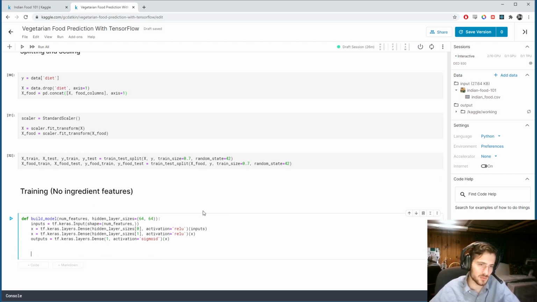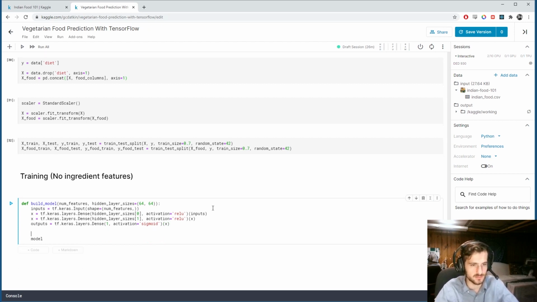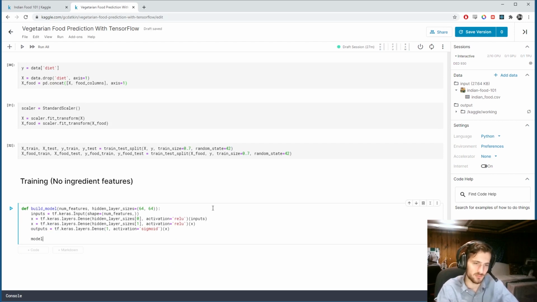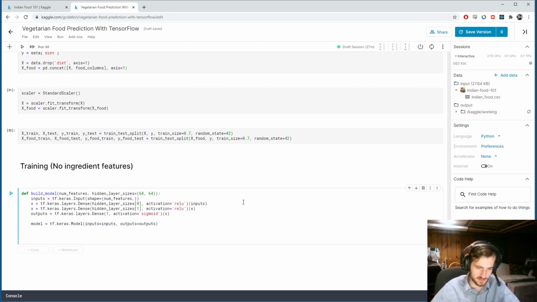Alright, then we'll compile the model. So I'll actually make the model first. Model equals tf.keras.Model, using the input layer as the inputs, and the output layer as the outputs. Okay, then we'll compile our model, model.compile, and we'll give it an Adam optimizer, a binary cross entropy